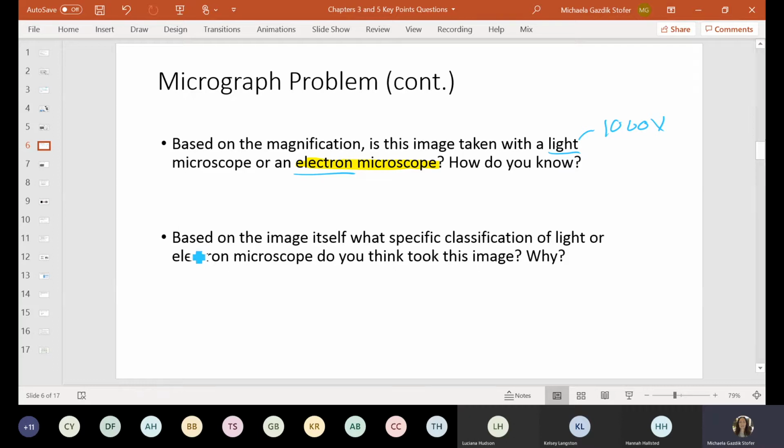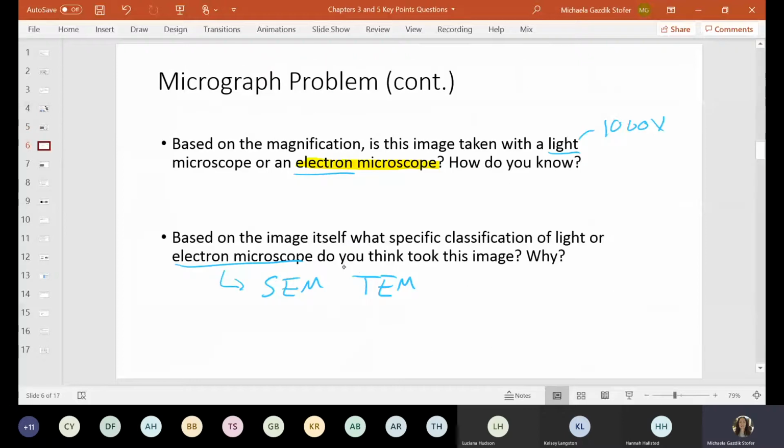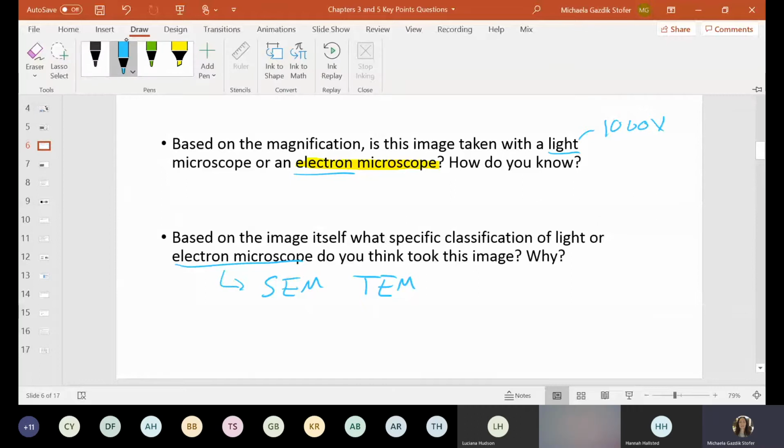The next question we wanted to know, based on the image itself, what specific classification of microscope was it? So we talked about 4 different types of light microscopes. We've already decided this is an electron microscope, which means this is either going to be a scanning electron microscope picture or a transmission electron microscope picture. And if we go back and we look at the picture itself, this is not the surface of something. This is the internal structures that we're looking at. And so that tells us that this is going to be a TEM picture,